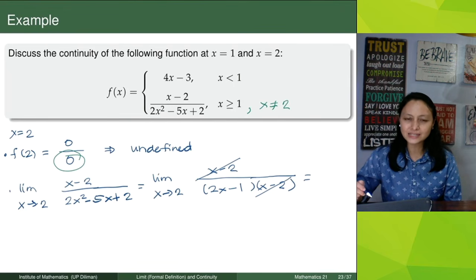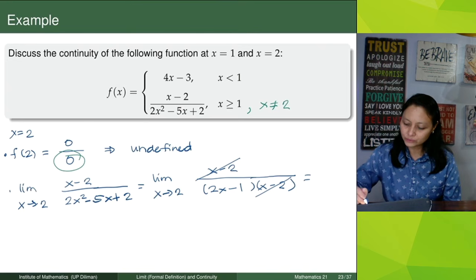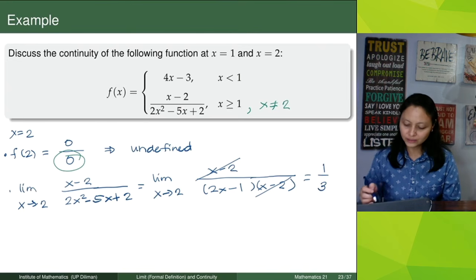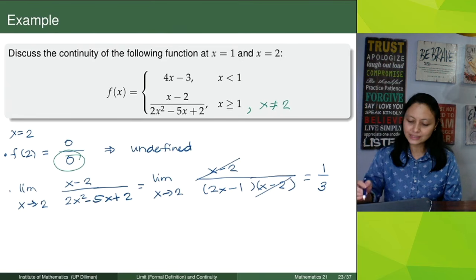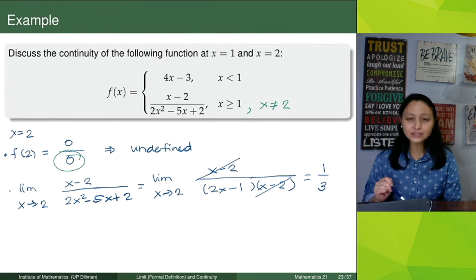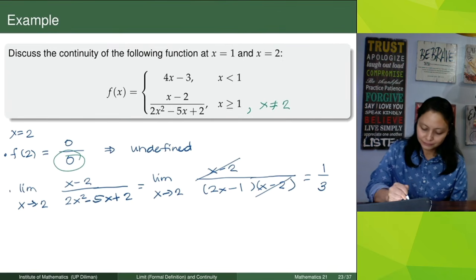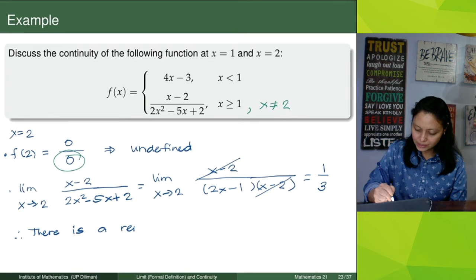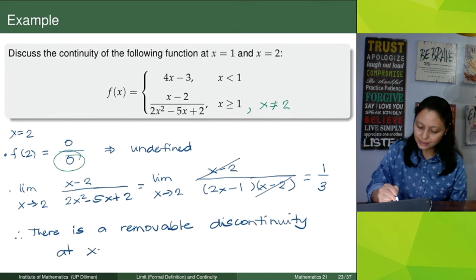Getting the limit as x approaches 2, this is equal to 1/3. Okay? So, ano nga ulit yun? Kapag nag-e-exist yung limit, but f of 2 is undefined, it is discontinuous. The function is discontinuous at x equals 2. Anong klaseng discontinuity? We say that there is a removable discontinuity at x equals